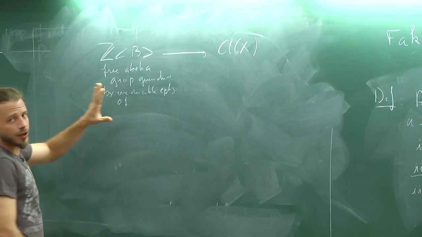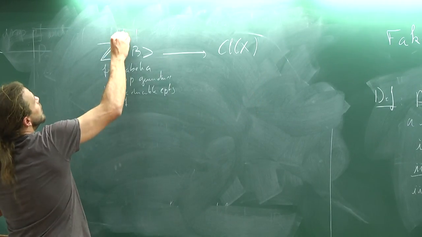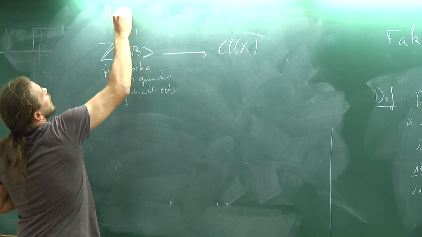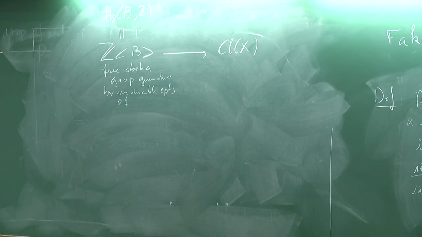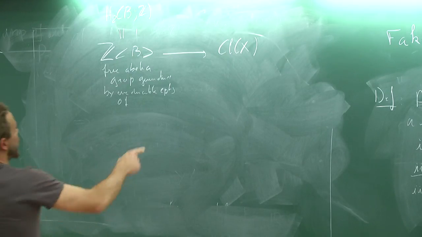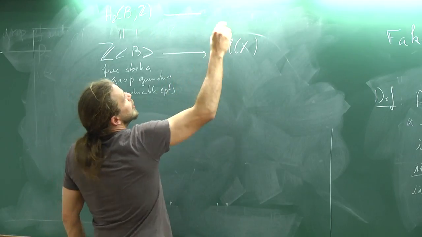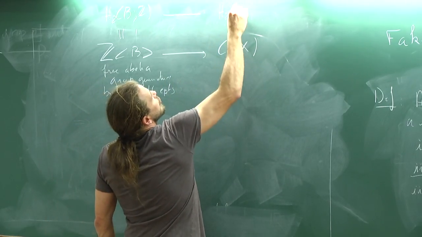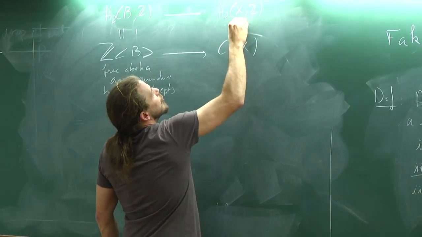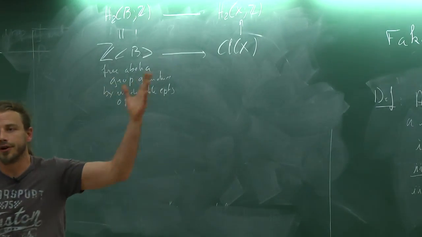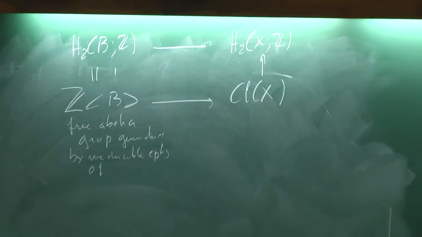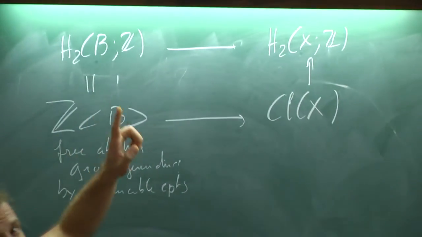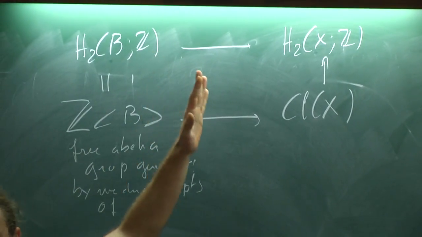And now, since we are working with something rational, this thing is nothing but H2 of B, generated by the irreducible components. And since we are working with a rational surface, this is essentially isomorphic to this: you take a Weil divisor and you just look at its homology class. And now this fits into the long exact sequence of homology for the pair X, B.